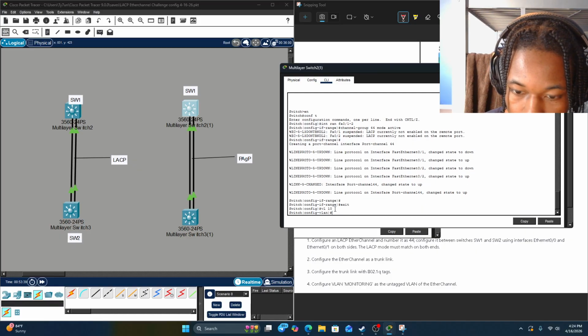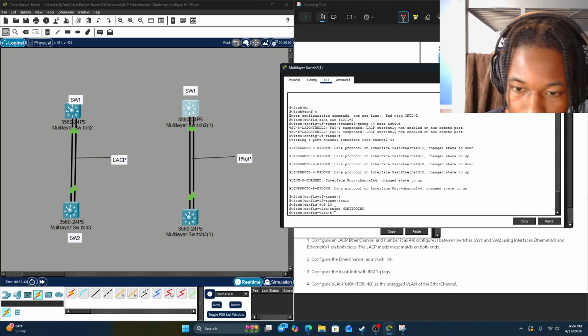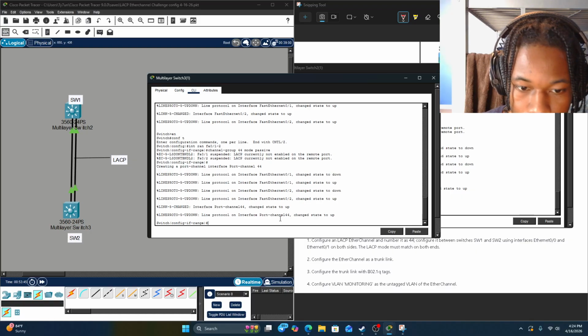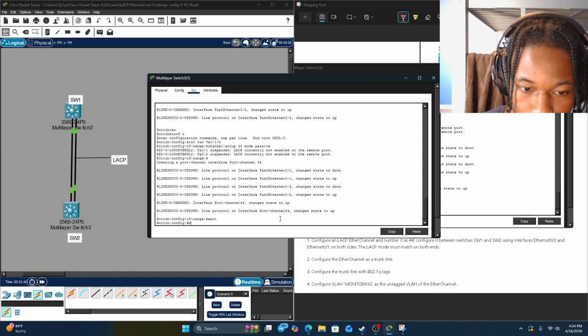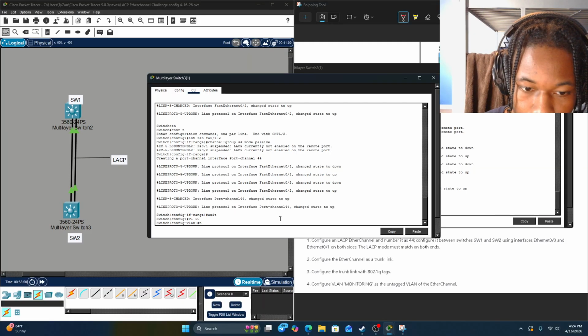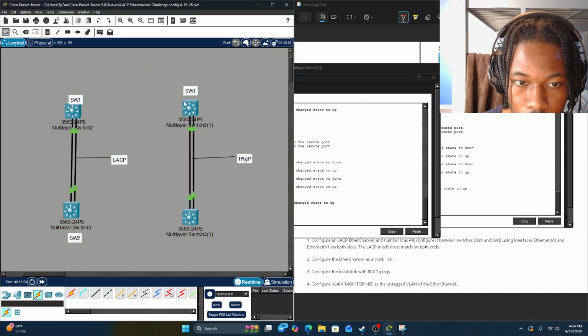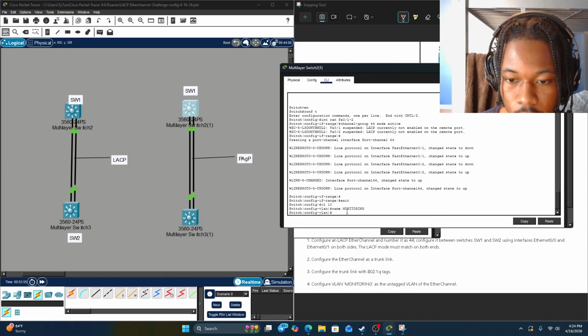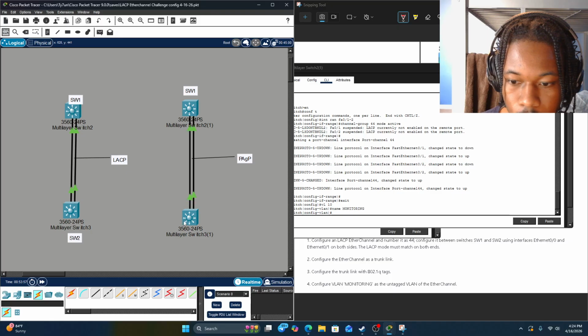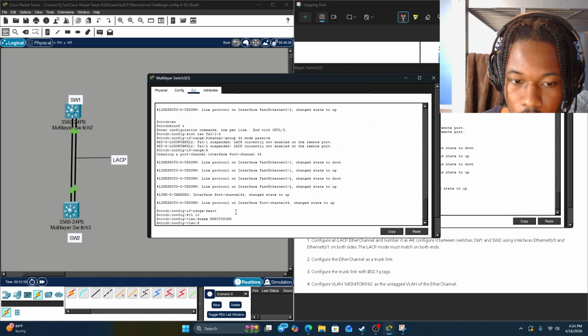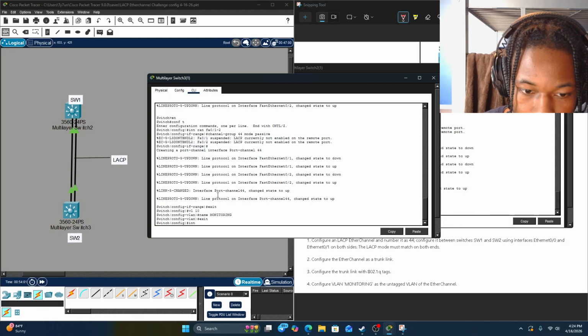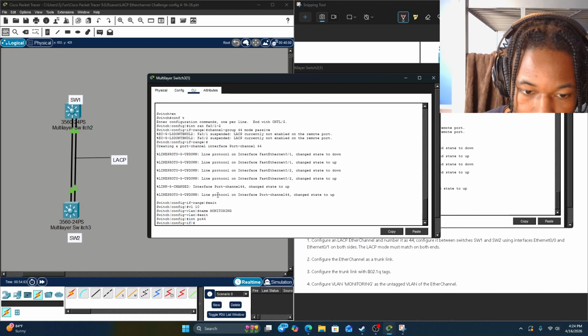So VLAN 10, name monitoring, on this switch too. Go in here, VLAN 10, name monitoring. And then since we've got that set up on both ends, we can go ahead and go into the interfaces. So interface 44, switch port, trunk,